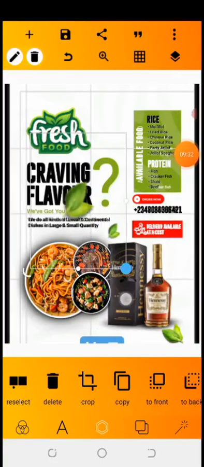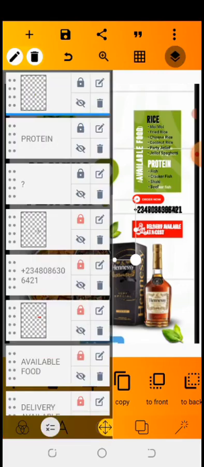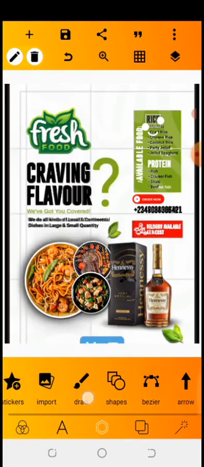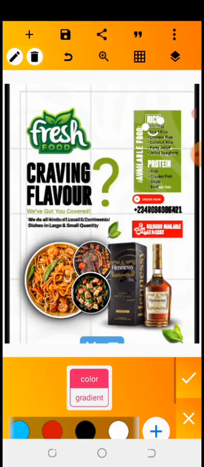So once we are done, you see this particular leaf. Adjust it a little bit to get something like this. Now we change this rice color to black, sorry, white, because almost all the text colors are white. So just change this over here, go over to your color, you drop this to be white,